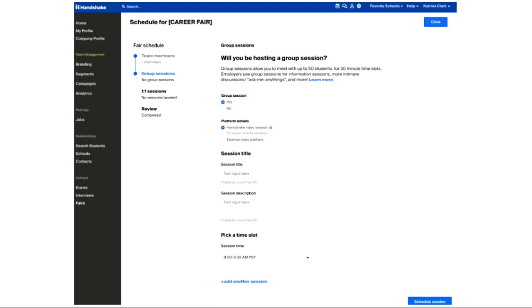These are open for 50 students to attend, and students can come and go from these sessions. So these can be very targeted for specific types of students, about a specific position, or it can be general. And this is where students can just pop into those sessions when they are at the fair.